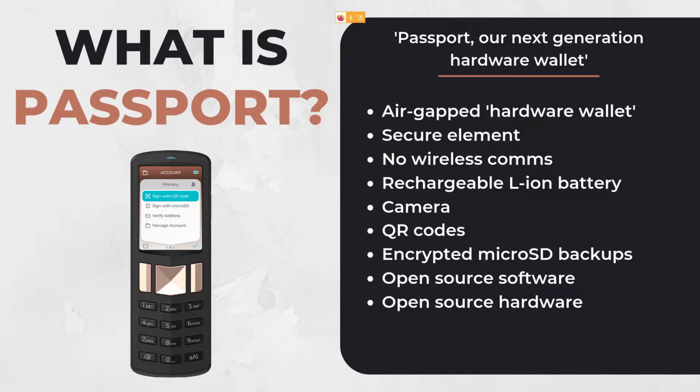So there's no way for Passport to talk to the outside world by things like Bluetooth, USB cables, or anything like that that may expose an attack surface that could compromise the device. Passport stores all of its secrets on something called a secure element, which is essentially just a super secure chip that stores all of the secrets. That makes it very, very difficult for somebody, even if they had a lot of time exposed physically with the device, to extract those secrets. It would be nigh on impossible. And there's been no public track record yet of that actually happening, which is paramount